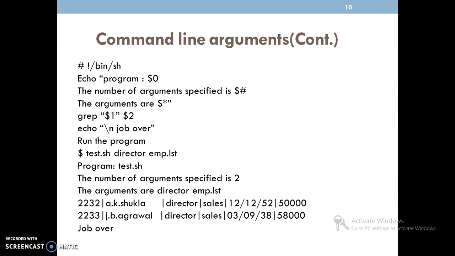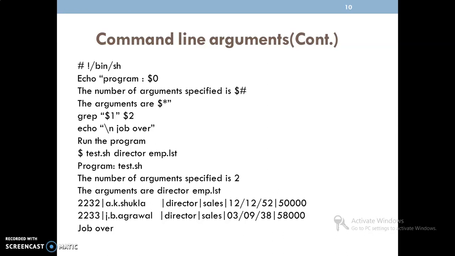Next, here we have one program. You can go to the first line. Hash with the exclamation mark, followed by the root directory, then the bin directory, then sh. Here sh is the name of the shell, bin is the directory, and forward slash is the root directory. The first line indicates we are locating this shell under that path. That is just like #include that we use in C language. That is the concept here.